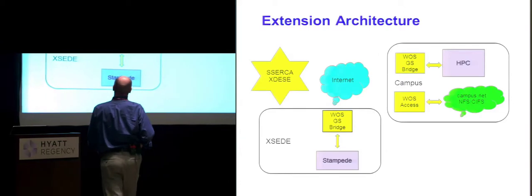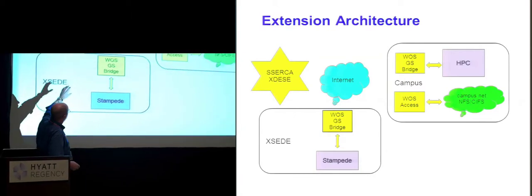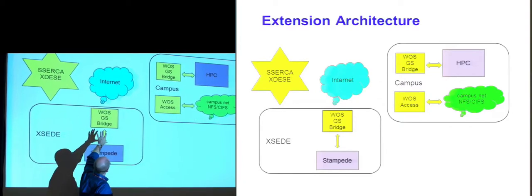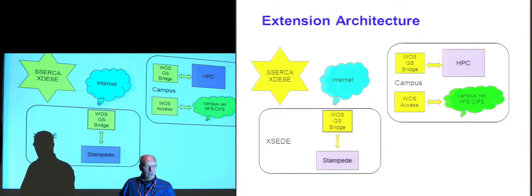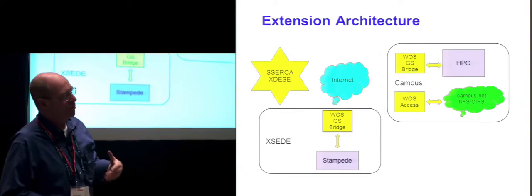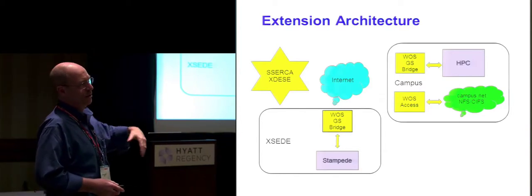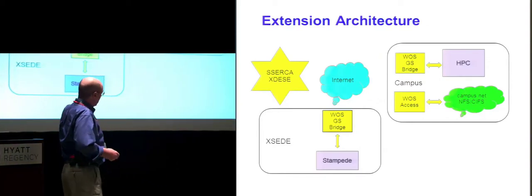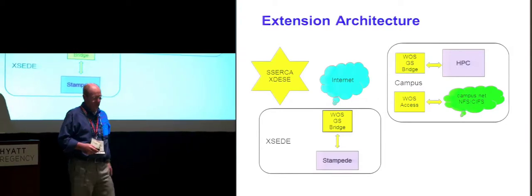So one of the things that we also proposed as an XSEDE built-in is, for instance, by having a WOS bridge here, the Stampede system could see the storage, and the WOS system would just make sure that the data that needs to be synchronized is synchronized. WOS actually has the caching mechanism built in, so that data that is accessed the first time may not move as fast, but then once the data has been replicated in this location, the calculation would move fast, and the user could still see the results, again,